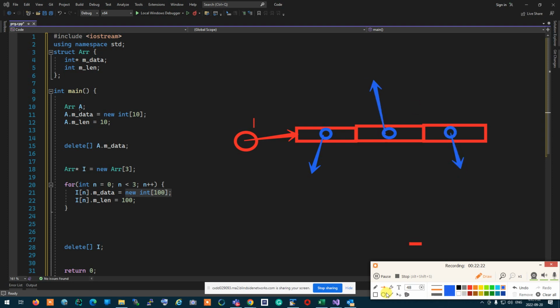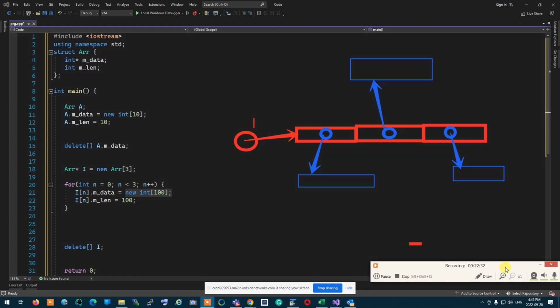Each one of these is pointing to 100 integers somewhere in memory. Okay? Do we understand this? Okay, if this is the case, deleting I at